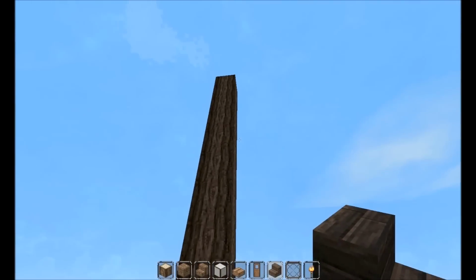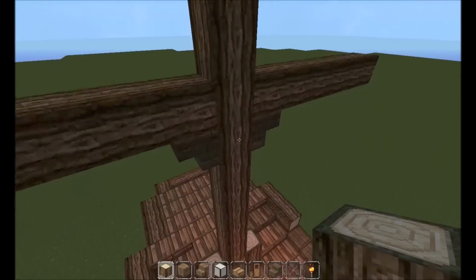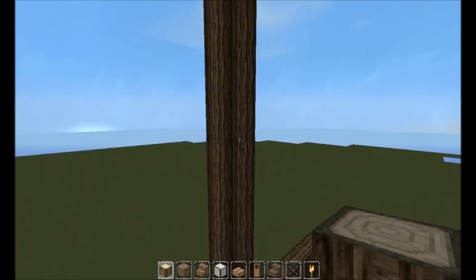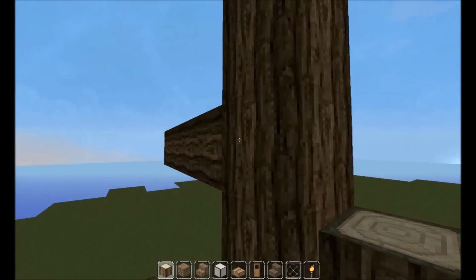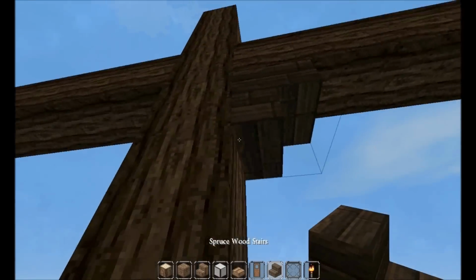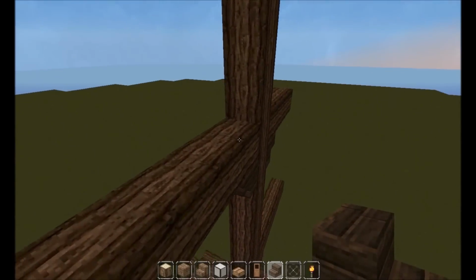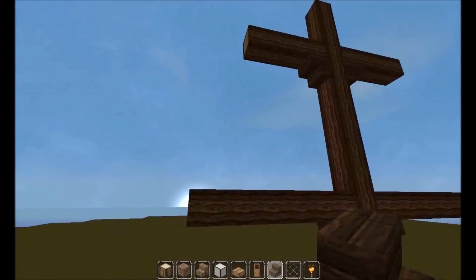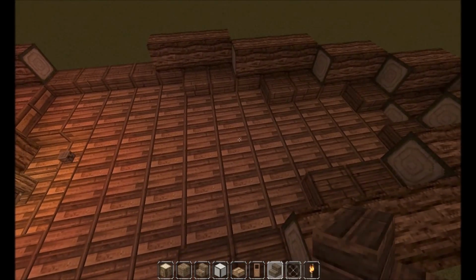Then for the next little sort of cross beam up, you're going to go up 6, I think, 1, 2, 3, 4, 5, 6, and then bring one across, and this one's going to be 4, so 4 logs there. And then of course do the little spruce steps. Actually got the steps bit right. Good job, Matt, good job. So this is the main mast, and we're going to get to doing the things after we make the second